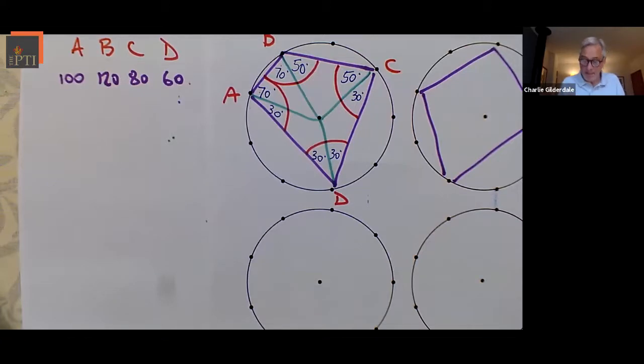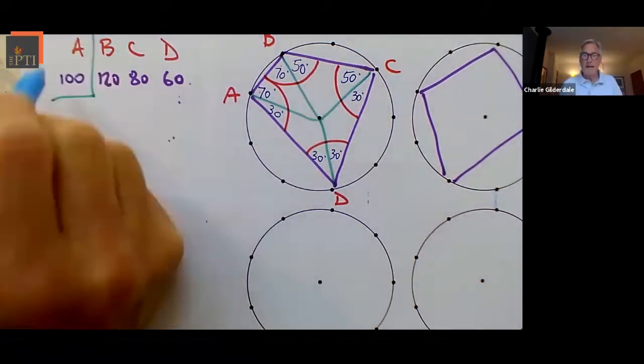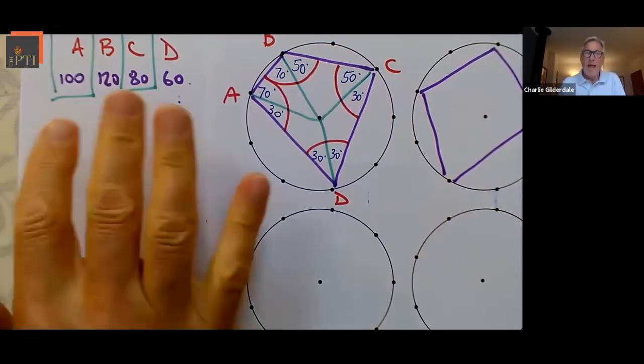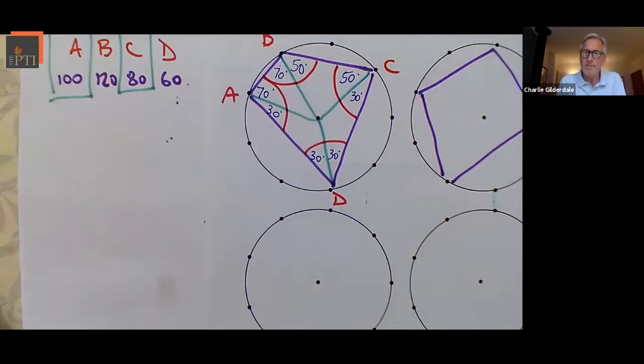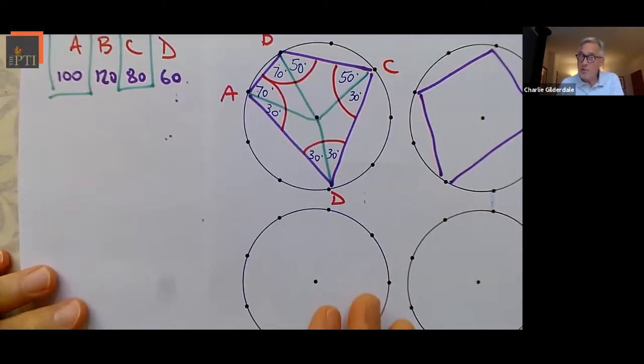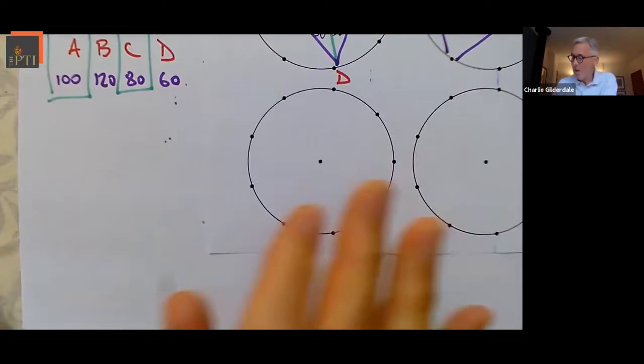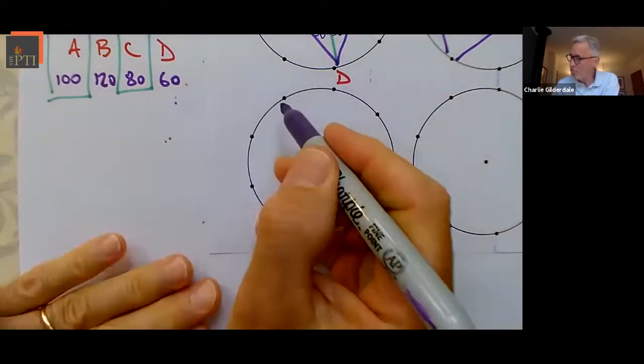But the other thing they might notice, angles A and C always add up to 180 degrees. And because they add up to 180, the other pair must add up to 180. So you can imagine a table of values here, and this happens throughout. A question that students sometimes, you might ask, well, does this always happen? Does it happen even when my quadrilateral